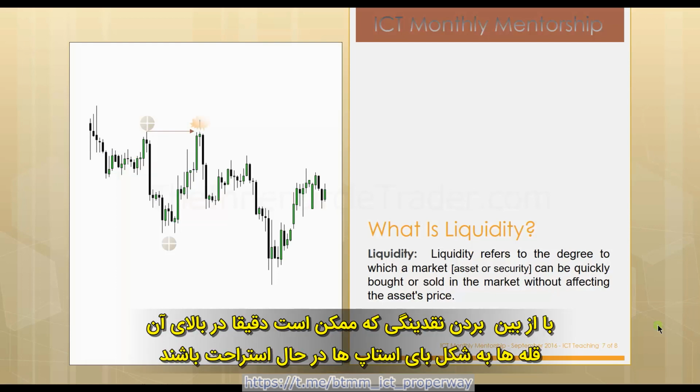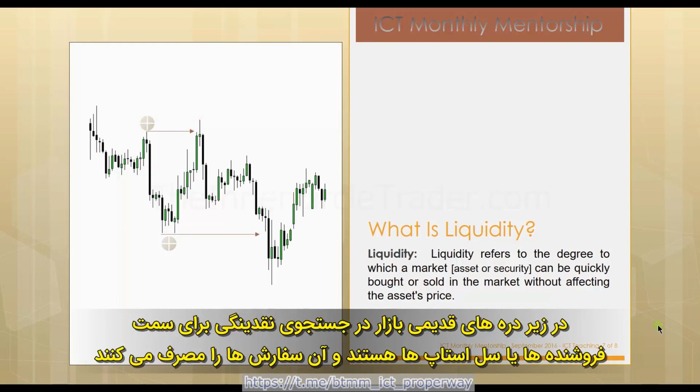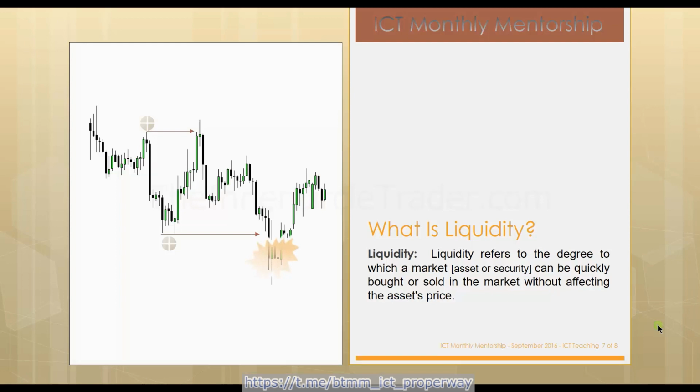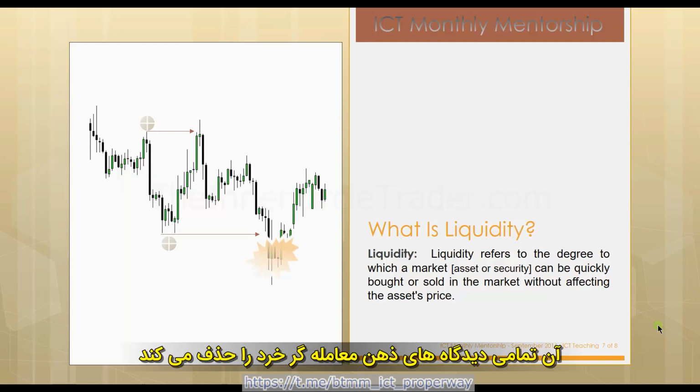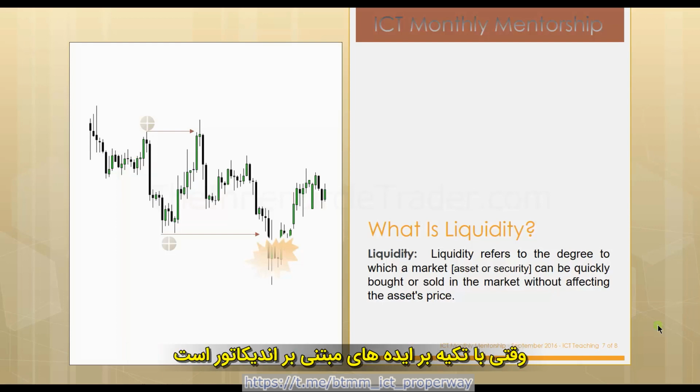knocking out the liquidity that would be resting just above those highs in the form of buy stops. Below old lows, the market will seek liquidity for the sell side or the sell stops, taking those orders out. Understanding this premise, when we view price action, it removes all of the retail-minded perspective, but heavily leaning on indicator-based ideas.